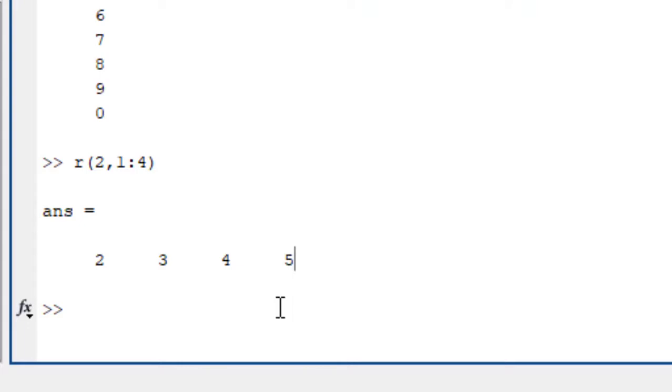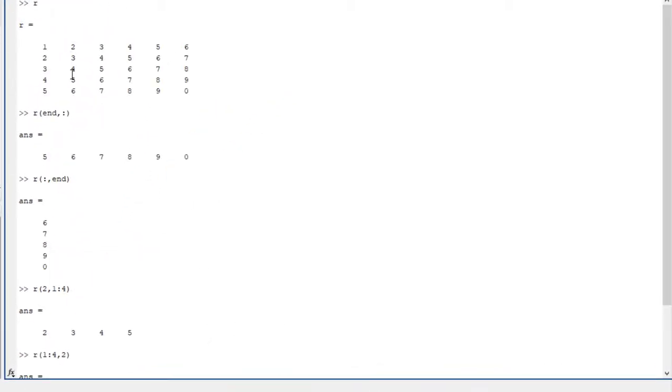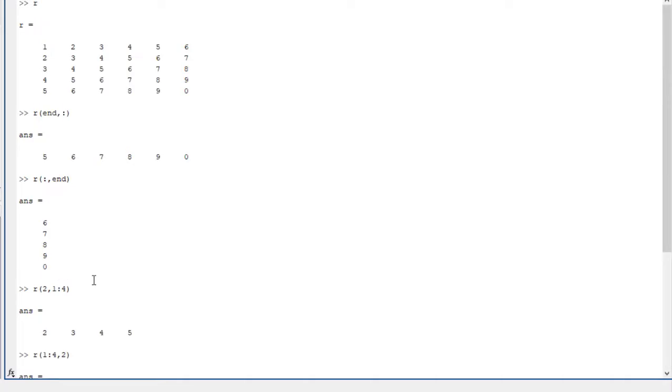And if I write R(1:4,2), that means the second column, and 1:4 means the first four elements of the second column, that means 2 3 4 5 will be selected. So in this way we can use the colon operator in a matrix or in any other structure also.